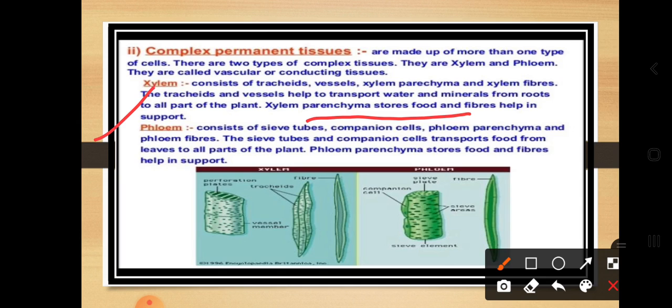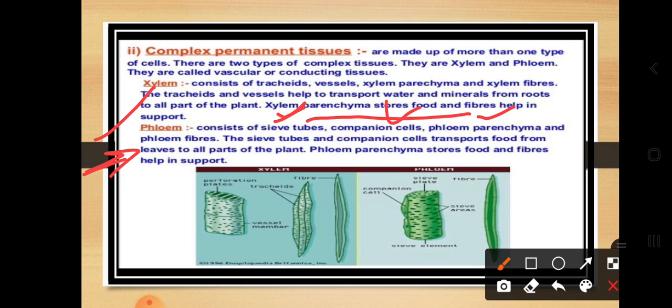Okay, phloem consists of sieve tubes, companion cells, phloem parenchyma and phloem fibers. Just as the xylem has four constituent parts in total, in a similar way the phloem also has four types of constituent parts. So, the phloem consists of sieve tubes. What is the function of the sieve tubes? They are